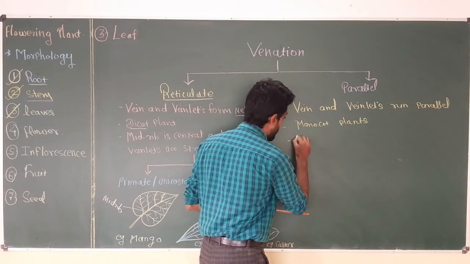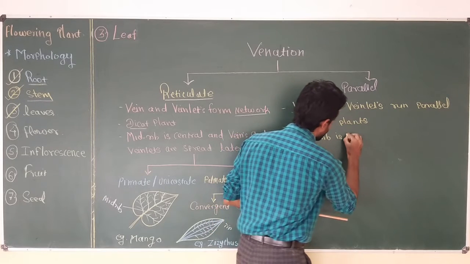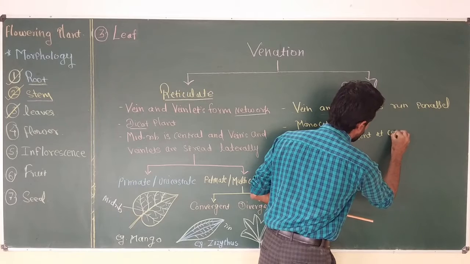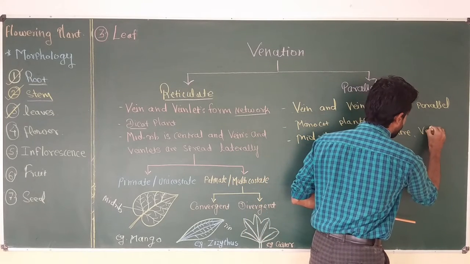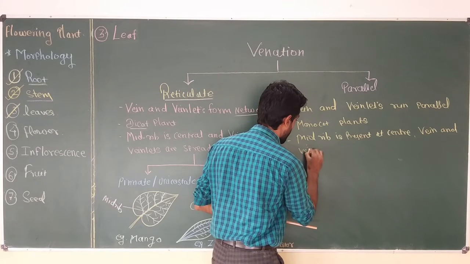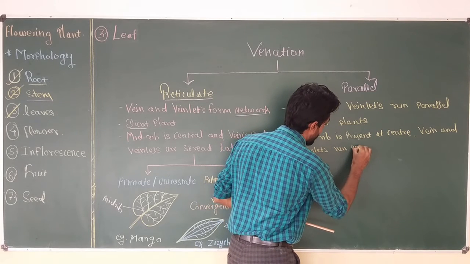So the midrib is present at the center of the lamina and veins and veinlets run parallel